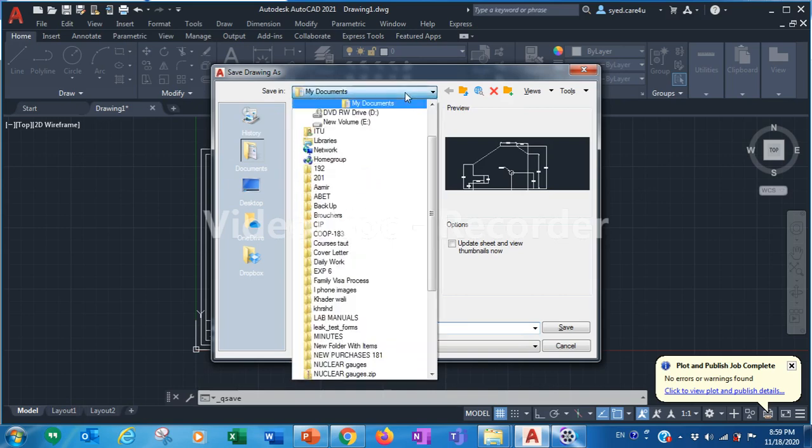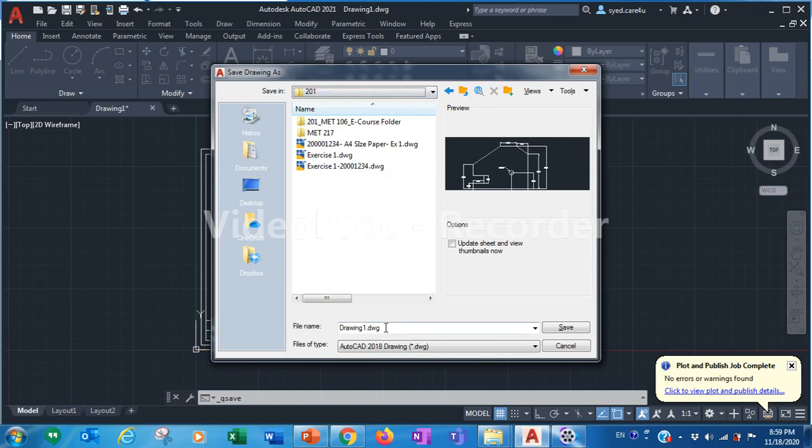From this drop down menu, you can select any folder, and here again type the same thing, exercise 1, your ID number, A4 paper.